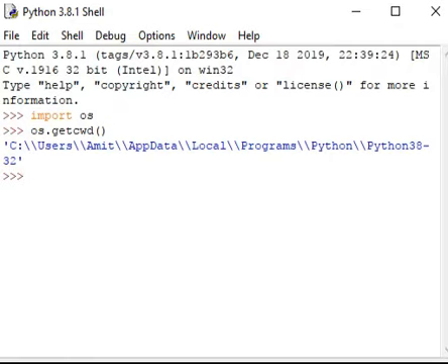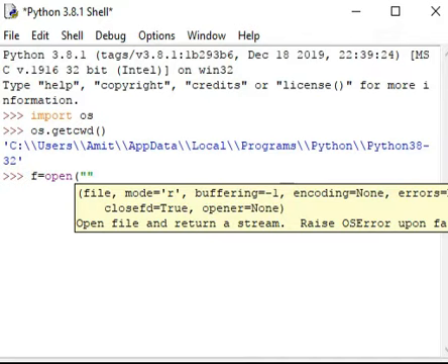For this current directory path, if you remember, we have used two kinds of paths: one is the relative path and one is the absolute path. The relative path means we are just writing the file name. Like, I know that one of my files is there and I want to open it. So simply I will open it by using f = open("doc1.txt"), and I am opening it in read mode.